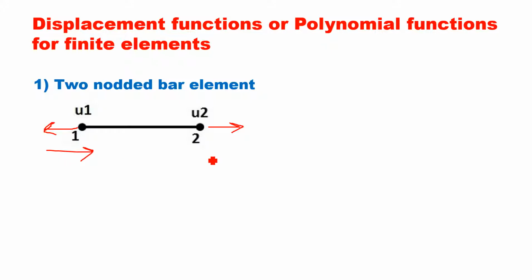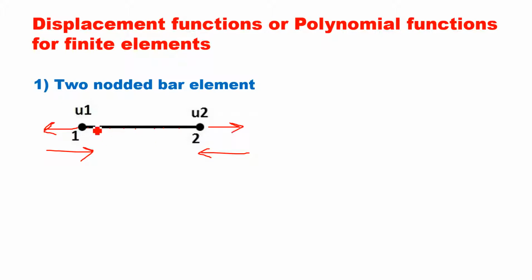So because of these axial forces, each point of the bar is subjected to axial displacement. It means bar may get elongated if it is a tensile force, or bar may get compressed if it is a compressive force. So all points will shift horizontally in the direction of force, because bar is a one-dimensional